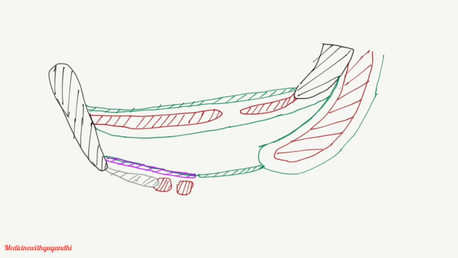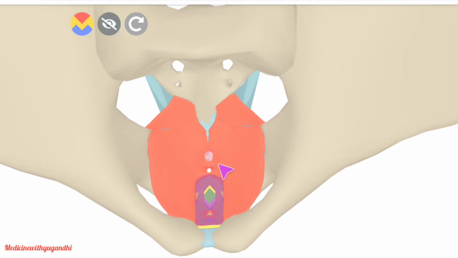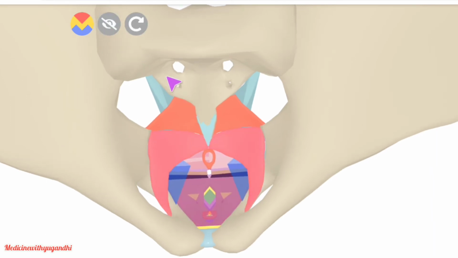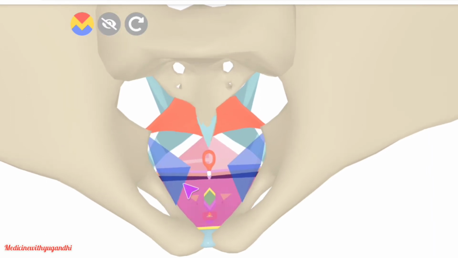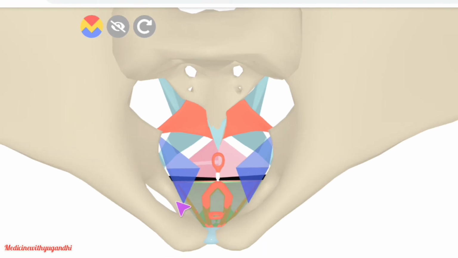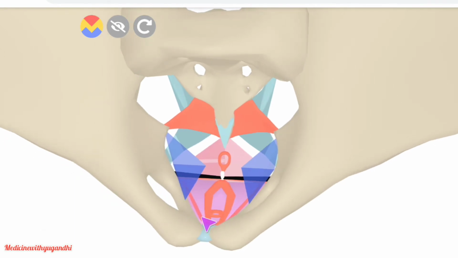Let me show you again. We are once again going from the top. This is the uterus, then this is the urinary bladder, and this is the pubococcygeus, and this is the puborectalis, and this is the ileococcygeus, and beneath that you could find the deep perineal pouch, and beneath that you could find the perineal membrane. Now I am going to remove that. You can find the superficial perineal pouch. I am going to remove that, and here you could find the bulbospongiosus muscle, and laterally you could find the ischiocavernosus muscle.